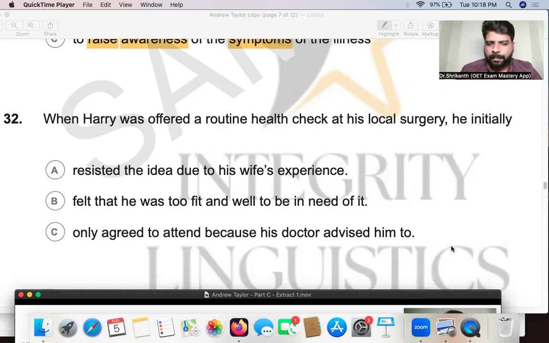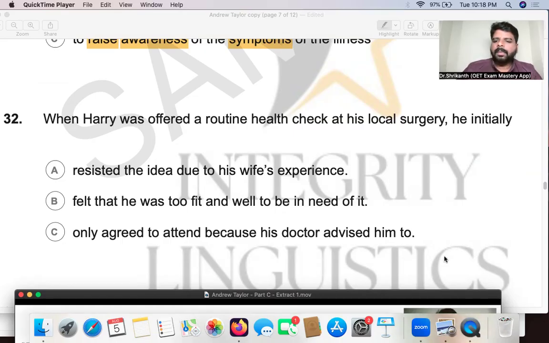So, let me tell you a bit more about my patient Harry. Like many middle-aged men, Harry was offered a routine health check at his local doctor's surgery. As far as he was concerned, he had no particular health problems or obvious symptoms at the time, and so he almost ignored the invitation. But he promised his family he'd look after himself. His wife had died of ovarian cancer some years before, so he felt obliged to go. It was during his appointment that, based on a few symptoms he mentioned, Harry's doctor decided that he'd need further investigation for prostate cancer and referred him to a specialist clinic at the hospital.